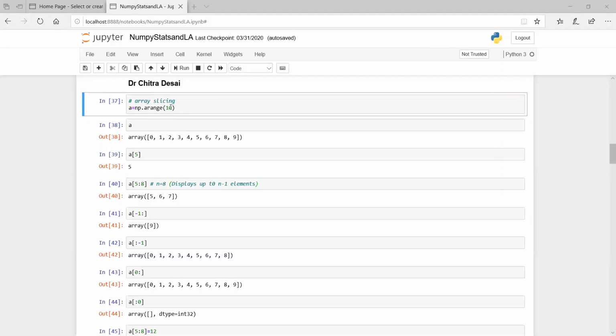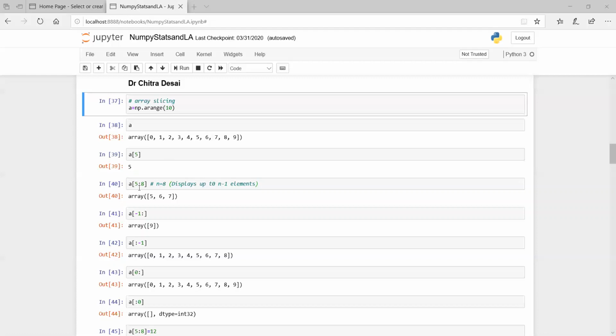Because we have given a range of 10, we find that we have created an array which by default has values ranging from 0 to 9. Because it was a range of 10, 10 values have been created, but it started from 0 to 9. Now, whenever it comes to an array in numpy, the indexing basically starts with 0. So when you write a of 5, 5 is the subscript associated with a, and starting from 0, 1, 2, 3, 4, 5, which is the sixth element, is represented by index 5. This 5 is the value and this 5 is the index, and so it presents the value 5 over here.